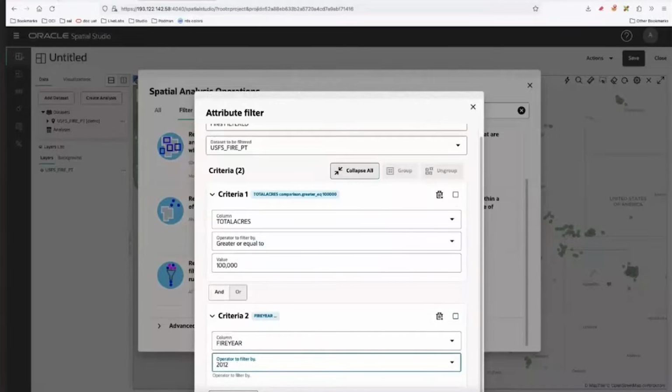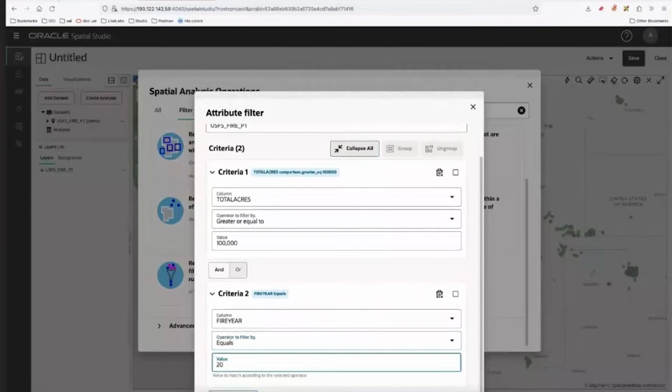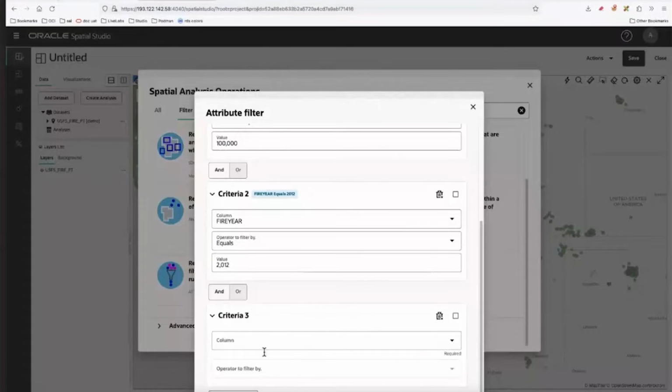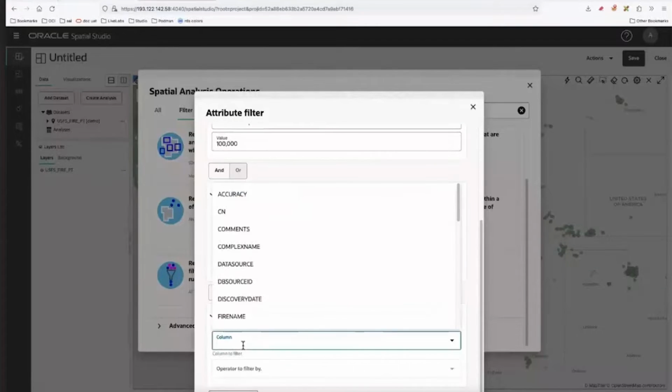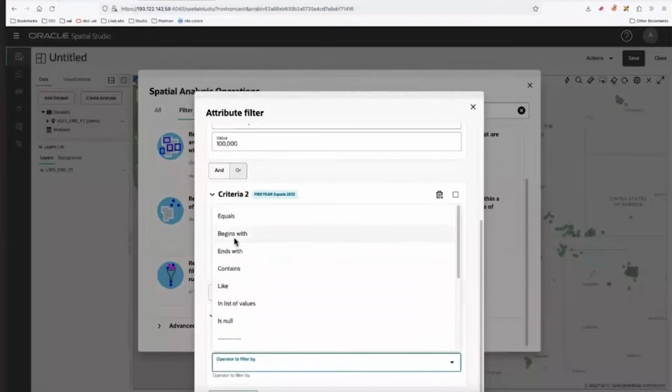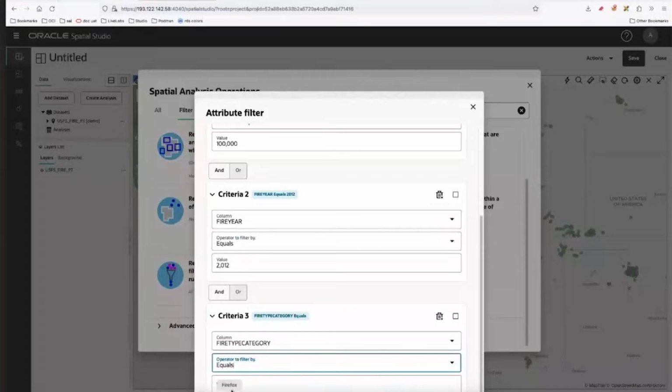The operation is equals to 2012. And I'll add another criteria. So the last one will be category equals just wildfires, so WF. And